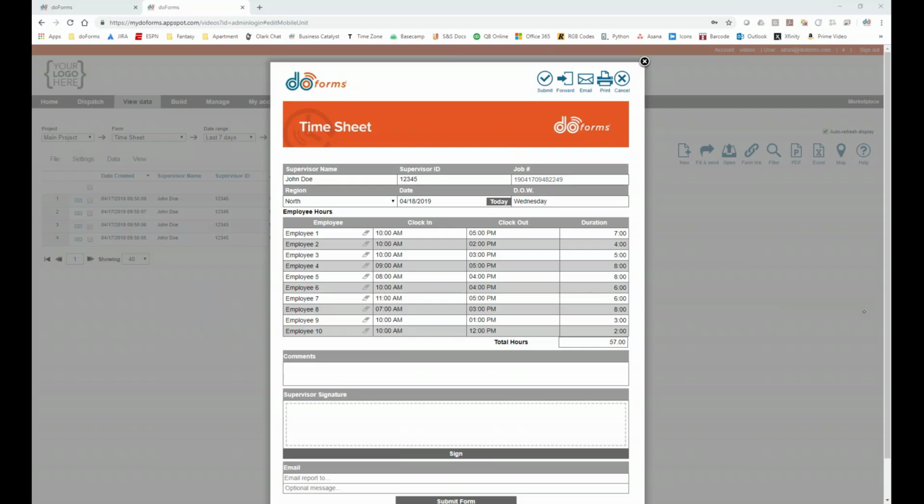The following video discusses the DoForms report builder and how to use it to consolidate information from multiple submissions of the same form. As you can see on my screen here, I have up a daily timesheet in which a supervisor would log in and fill out the clock in, clock out, and durations of each employee on that job